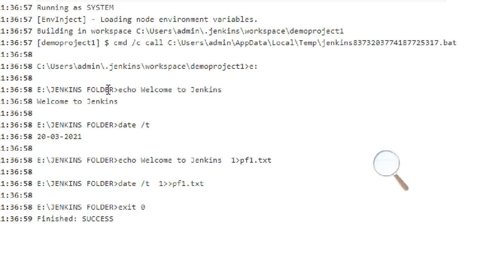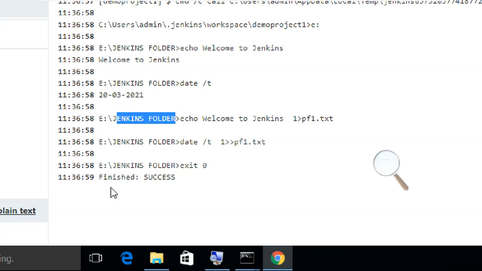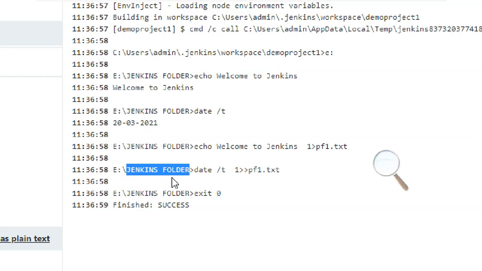My target is E. I didn't give the cd command also. Echo welcome to Jenkins displayed, and date displayed, that is good. But when I put this, it was done in the Jenkins folder, not in the E drive. I didn't specify my drive and folder, and it automatically changed to the Jenkins folder.